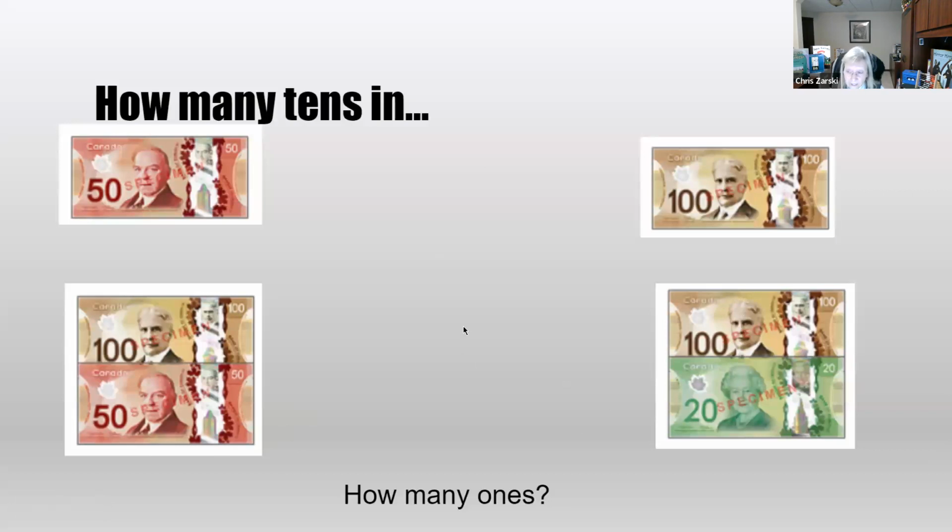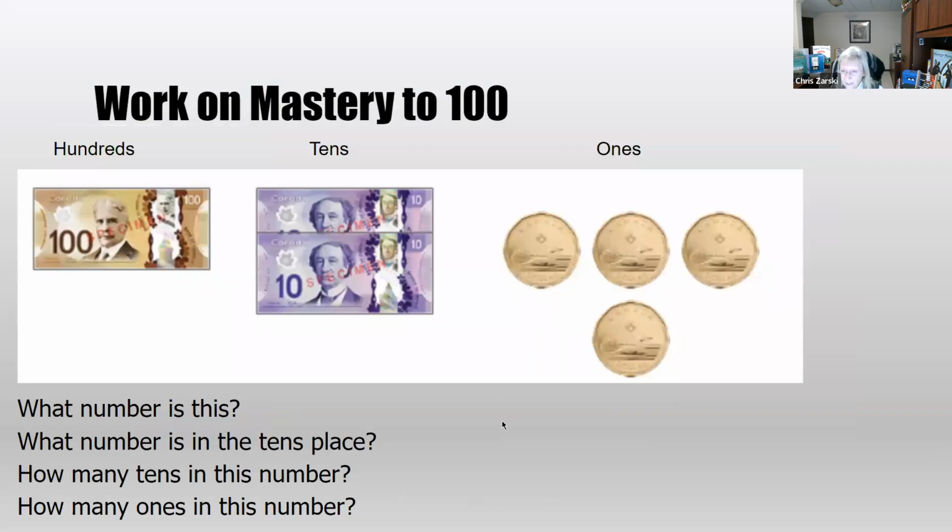So again, it's just that understanding, visual of what tens are, because here comes the questions that are going to get to the basic understanding of renaming. I have the number 124, $124. So $124, if I ask, what number is in the tens place? 1, 2, 4, 2. How many tens in the number? And if they really understood what you've asked in the last couple of questions, they won't say 2. Then we go back and say 2 is in the tens position. But how many tens? How many $10 bills could I make in $124?